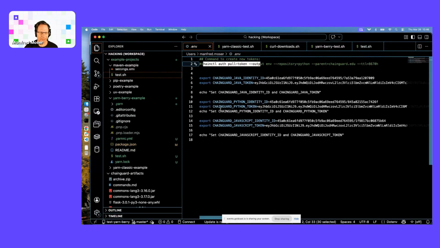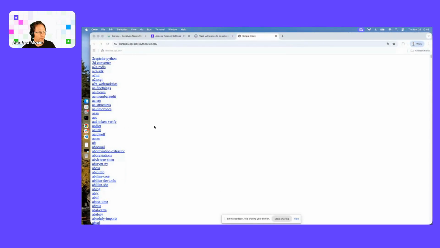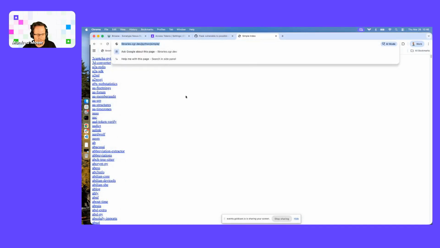And they also expire, right? So they're very, very long, but I can then in my example project source that, and those environment variables have the right access credentials. These are the same values I can use to log into here. And then, for example, let's go and search for